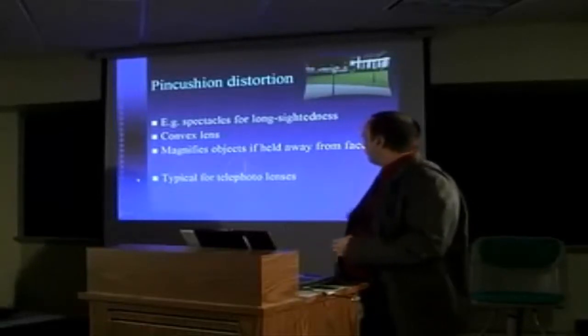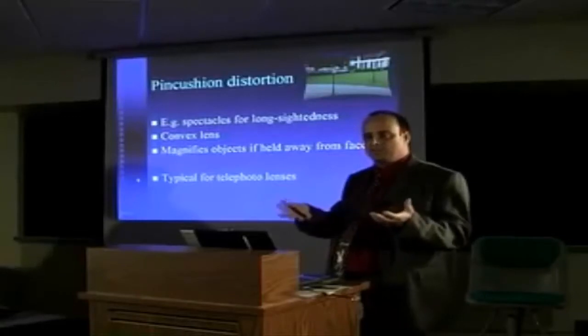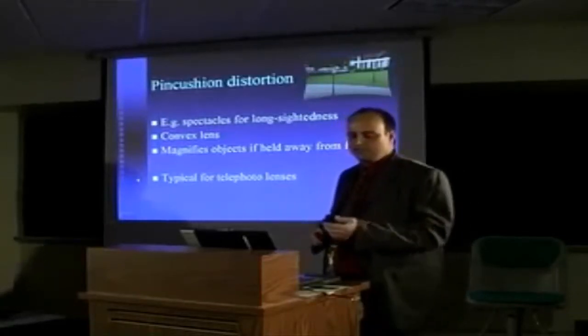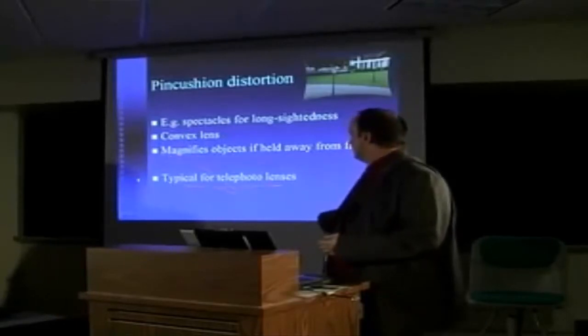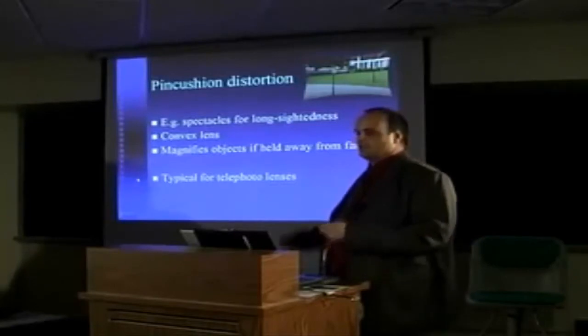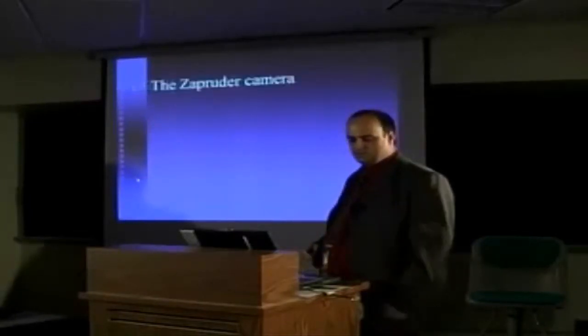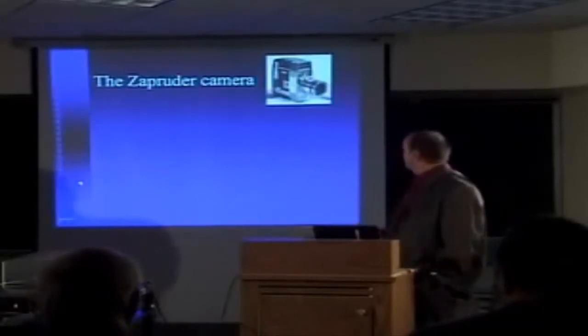That's just a rough overview, but when you put all the lenses together and you try and do some optics and try and come up with a lens system which minimises everything, this is typically what you find, that for things that magnify, telephoto lenses, you tend to get a bit of pincushion distortion, and wide-angle lenses you get the barrel. If we now look at the Zapruder camera, which I'm again looking forward to disassembling one,